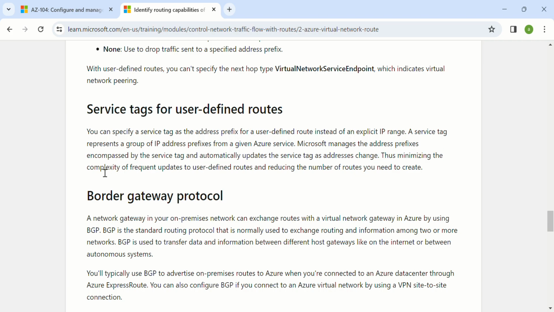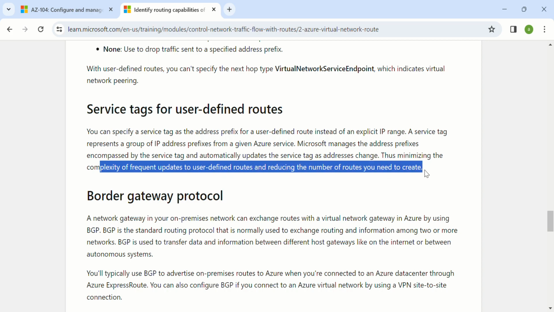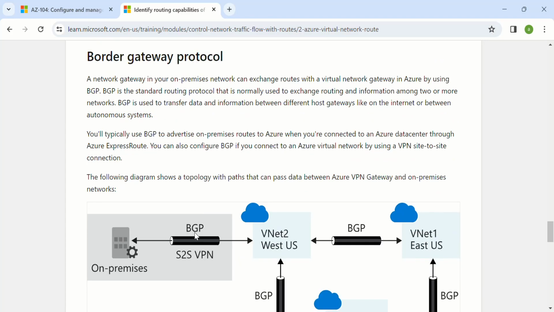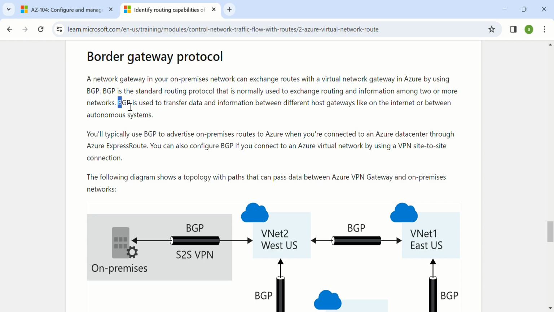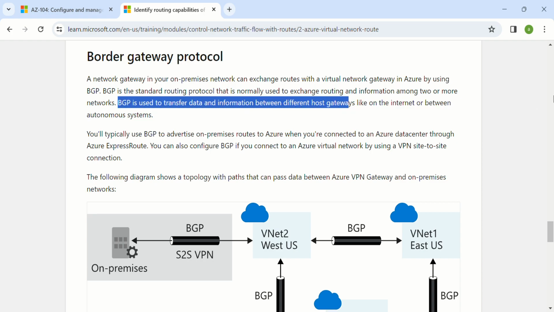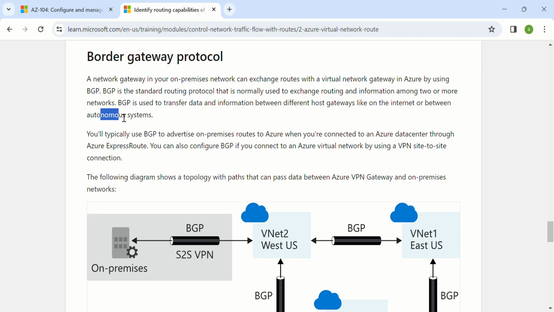Thus minimizing the complexity, frequent updates to user-defined routes, and reducing the number of routes you need to create. Border Gateway Protocol: a network gateway in your on-premises network can exchange routes with a virtual network gateway in Azure by using BGP. BGP is a standard routing protocol that is normally used to exchange routing and information among two or more networks. BGP is used to transfer data and information between different host gateways, like on the internet or between autonomous